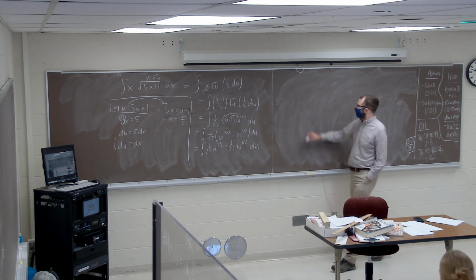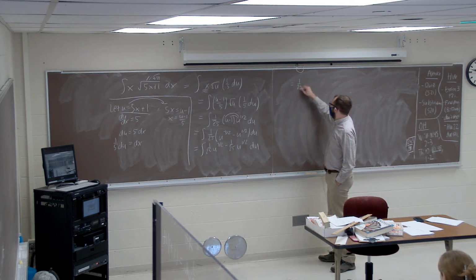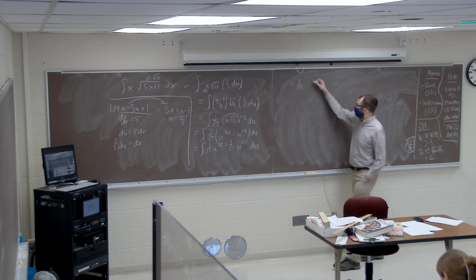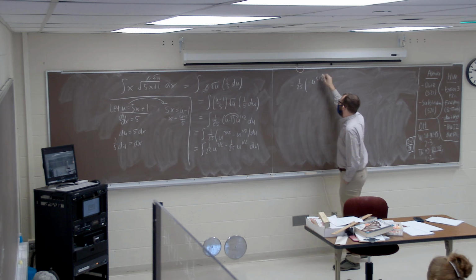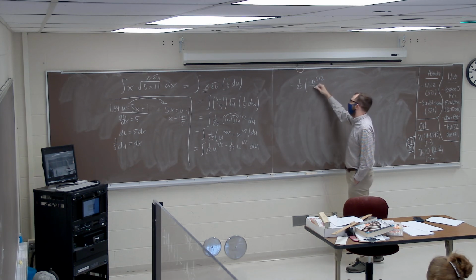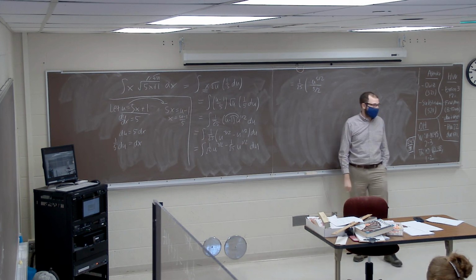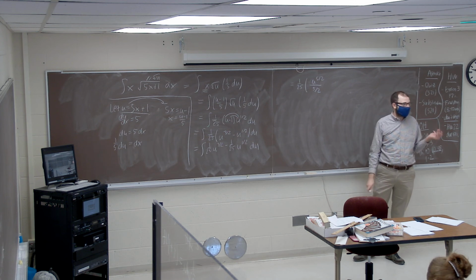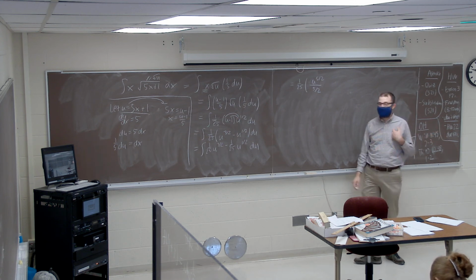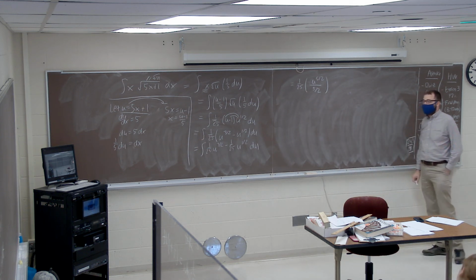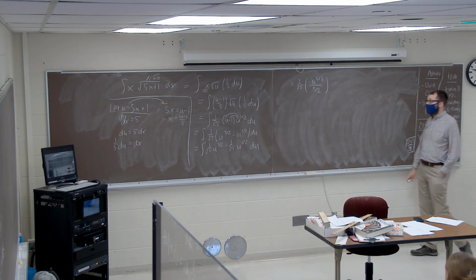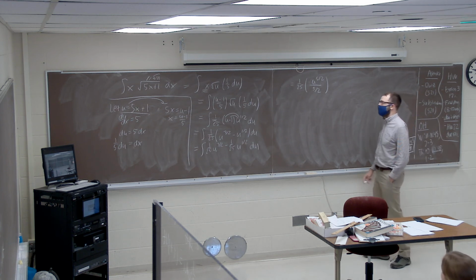Well, the 1/25th is a constant, so you can just keep it as 1/25 times, sorry, 2u to the 5/2 over 5. So if you add 1 to the exponent, you'll get u to the 5/2 divided by 5/2, and then we'll write that in the next step as 2/5 times u to the 5/2. So reverse power rule on u to the 3/2. If we add 1 to our exponent, we'll get u to the 5/2, and then have to divide by it.